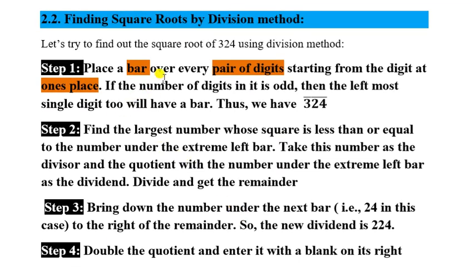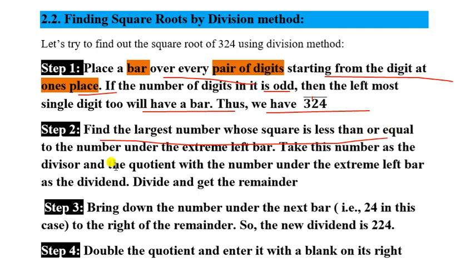Place a bar over every pair of digits. I said every pair of digits. It starts from where? It starts from the one's place digit. And if the number of digits in it is odd, then the leftmost single digit will have a bar symbol. That's why it's given 3, then 24, with a little distance. 24, then 3. The next step: find the largest number whose square is less than or equal to the number